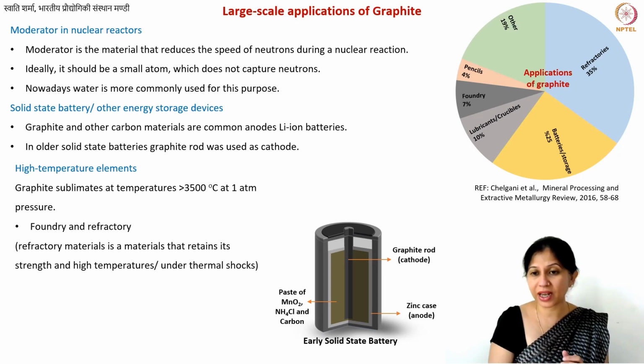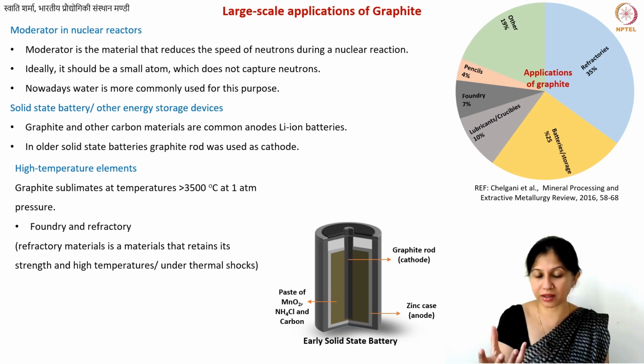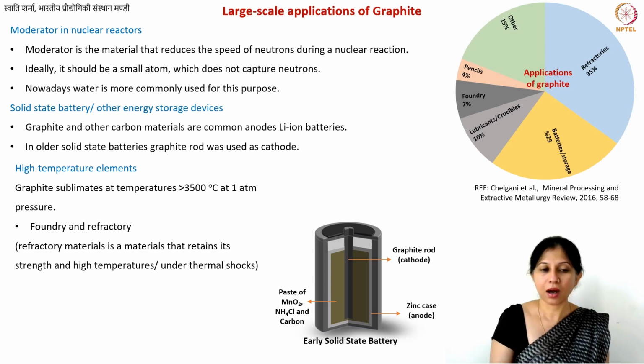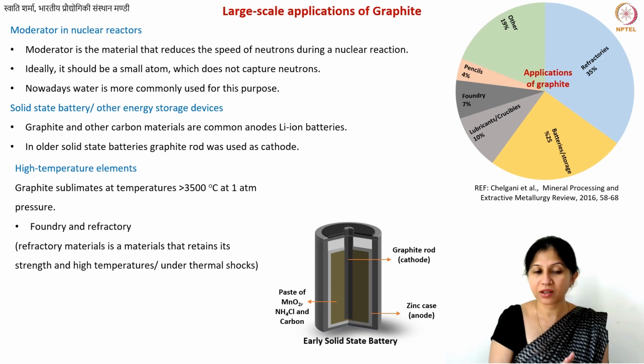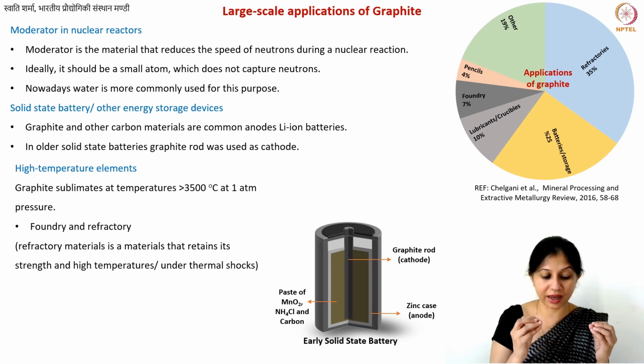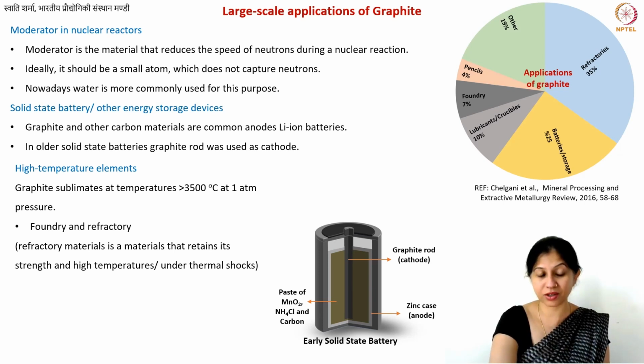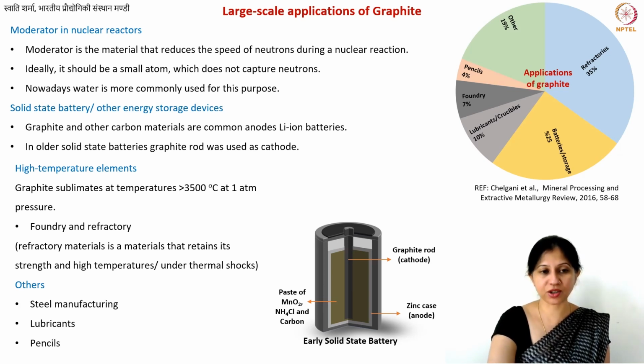So for example, when you do casting of aluminum, you just want to make a certain part, a gear, let's say, anything, using aluminum, you use a sand cast. Sand in that case is a refractory material. But if you want to go to much higher temperatures, and you want to ensure that the thermal expansion is negligible, in that case, for more sophisticated casting applications, you'll use graphite. Okay. Many other applications, a few I have listed here, and maybe you can find some more.